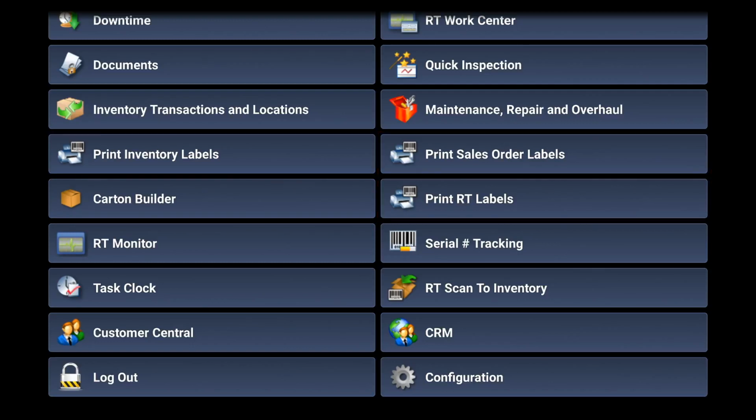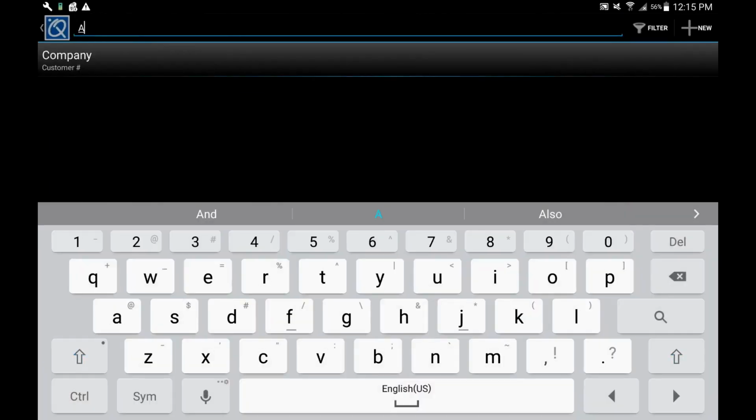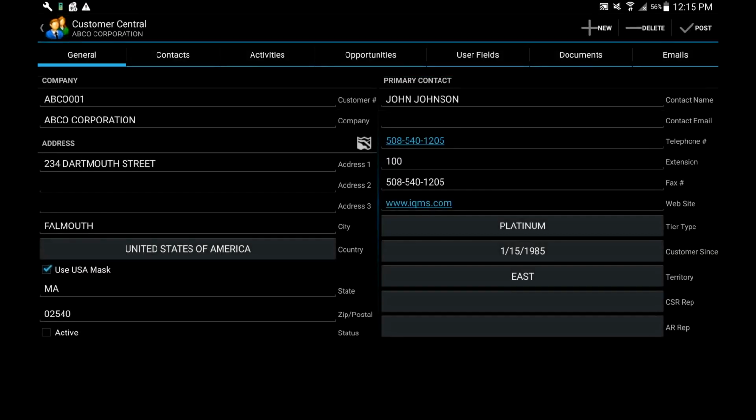Lastly, let's take a look at the Customer Service app, Customer Central. Customer Central gives users access to what is happening now and has occurred in the past with regard to current customers. Users have a 360-degree look at customer details such as meetings, calls, tasks, opportunities, contacts, and much more. This allows users to be fully engaged with what is going on with customers while traveling or during any situation where access to a computer is